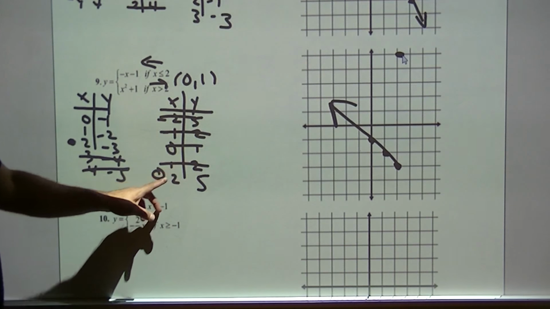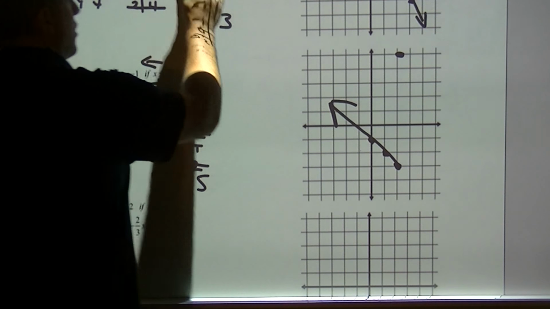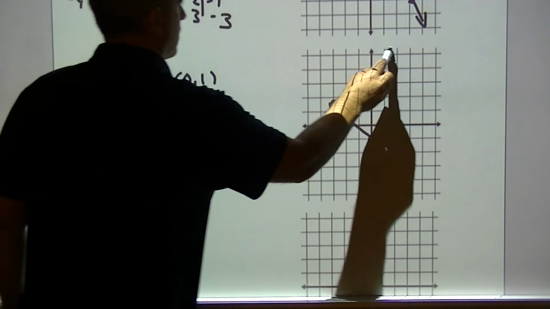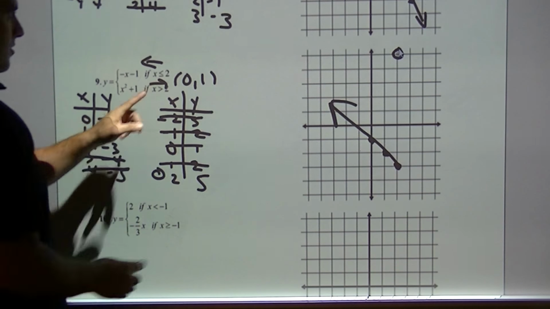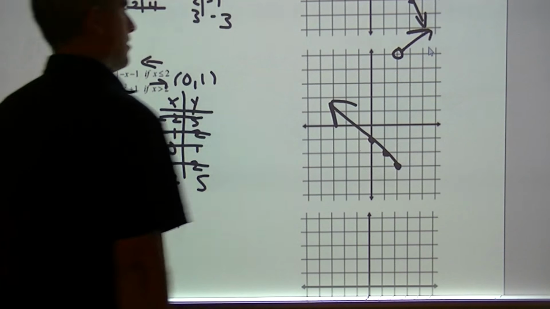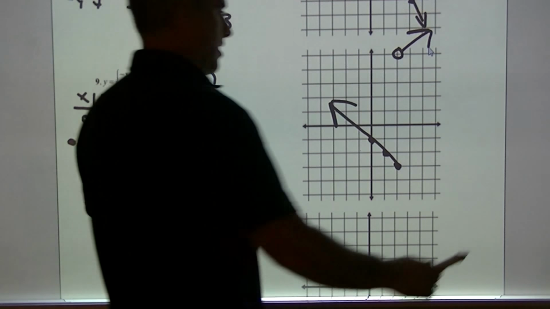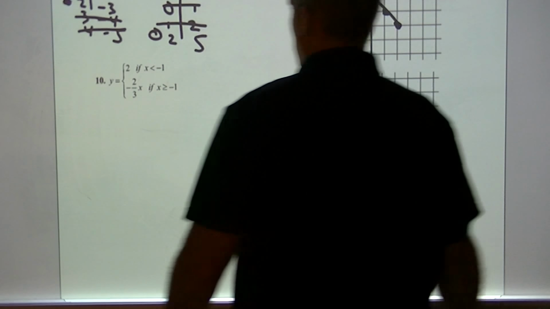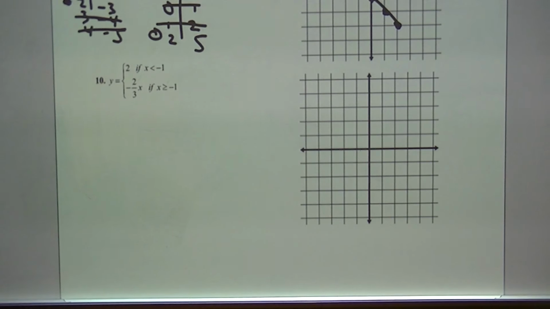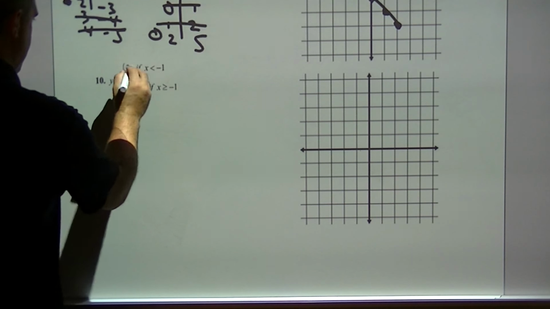Okay, that's the only point I can plot. That actually should be an open circle. All right, and since it's a right arrow, I just got to go like this with it. Okay, all right. These are also 2 lines. Okay, all right. Now this one,